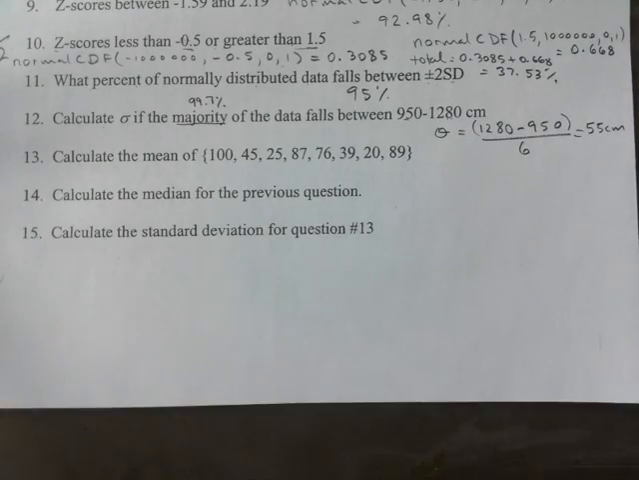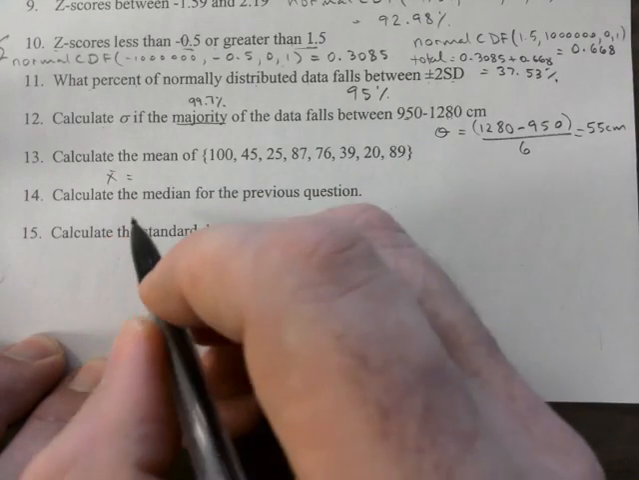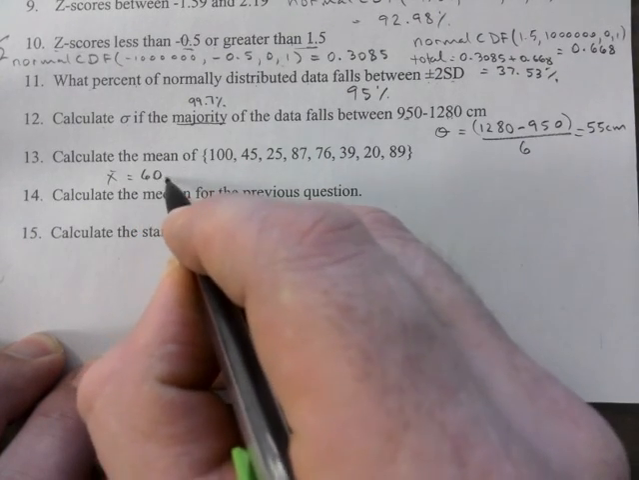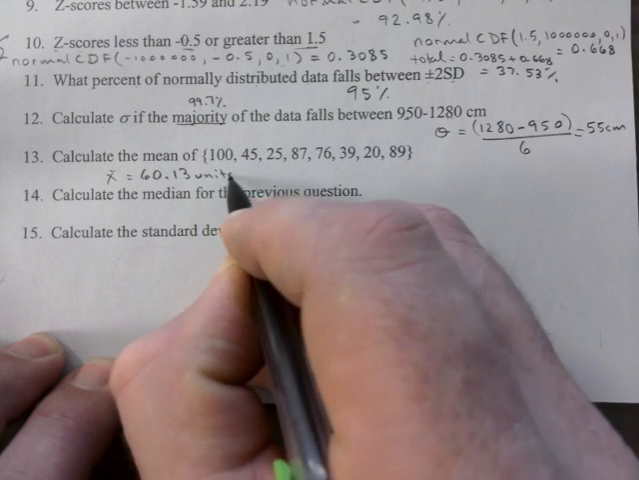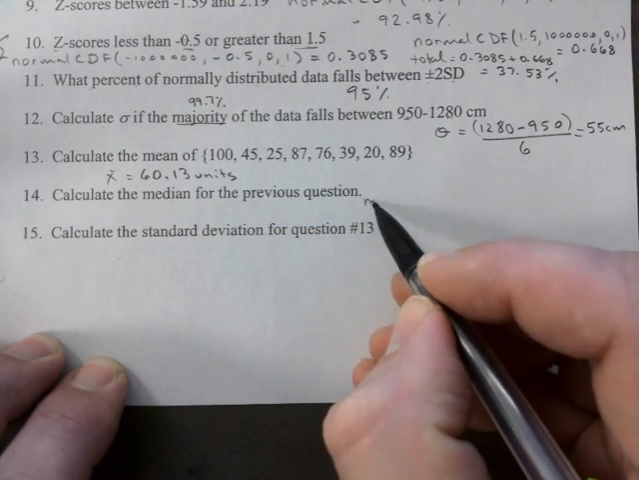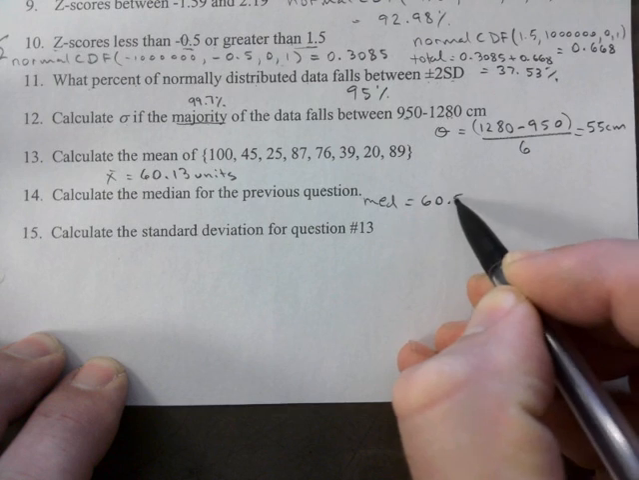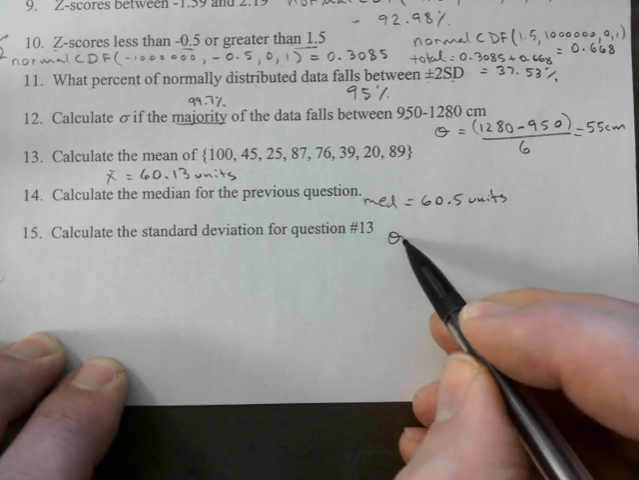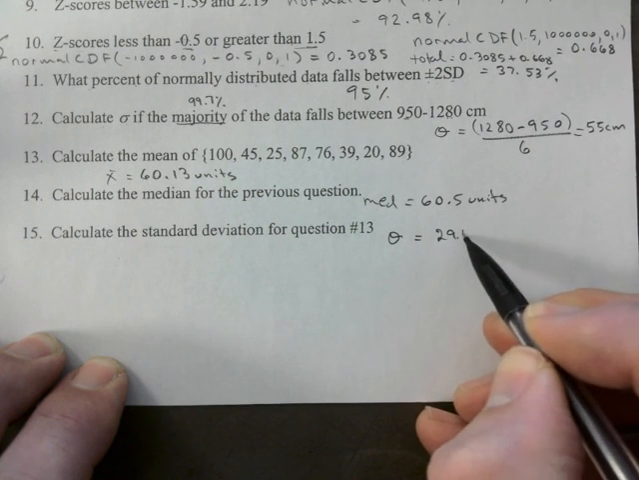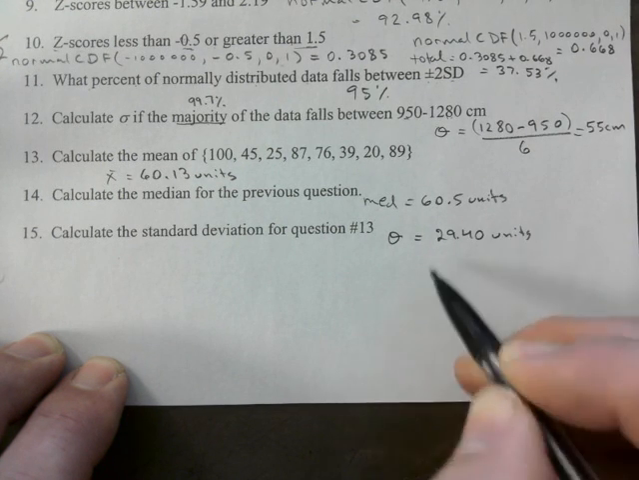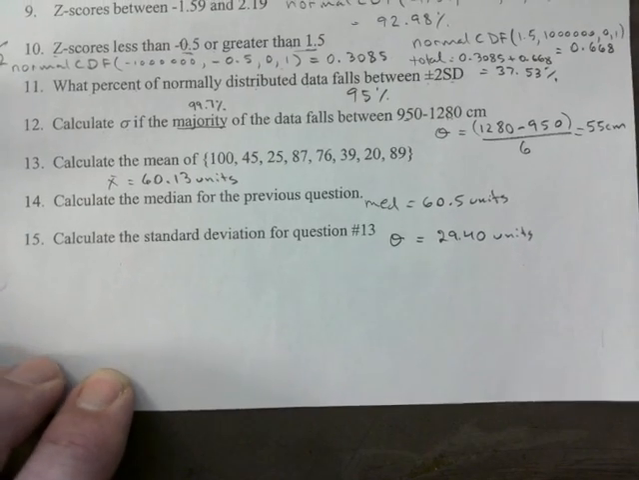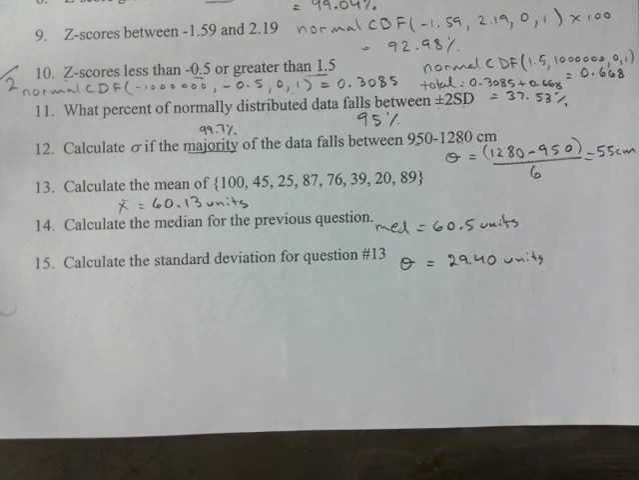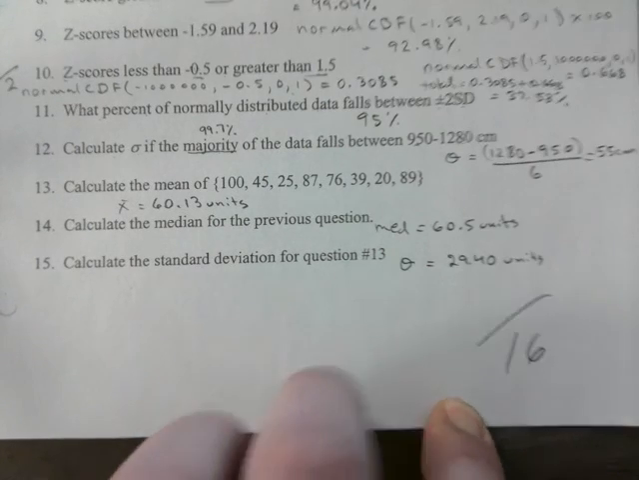Calculate the mean of this. So I will just tell you that, right? One variable stats, but that would be 60.13 units. The median would be 60.5 units. And the standard deviation would be 29.40 units. 1 mark, all of that is just 1 mark. So if we add this up, it's out of 16. I will take this